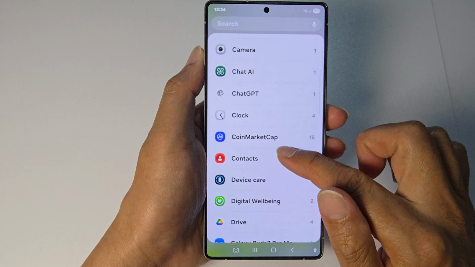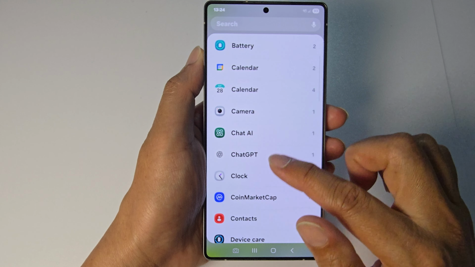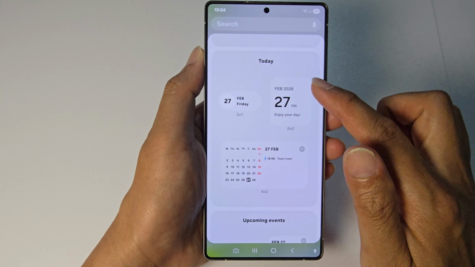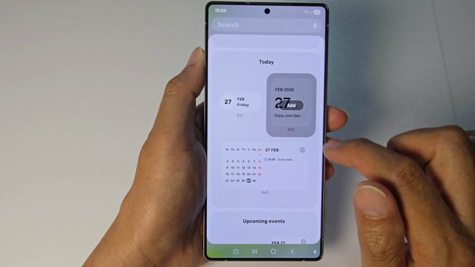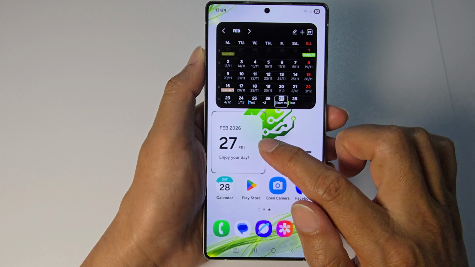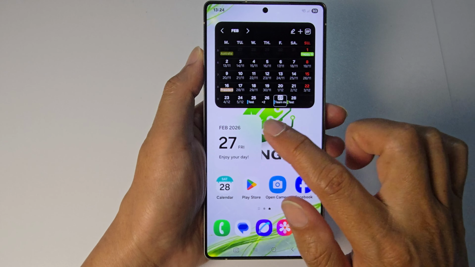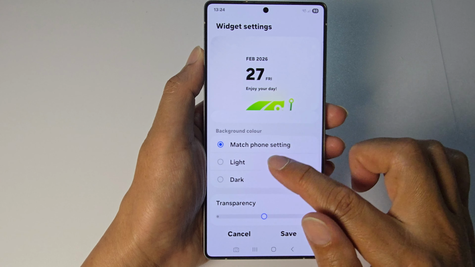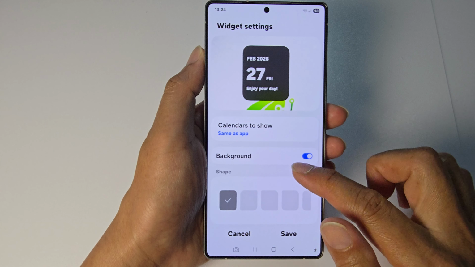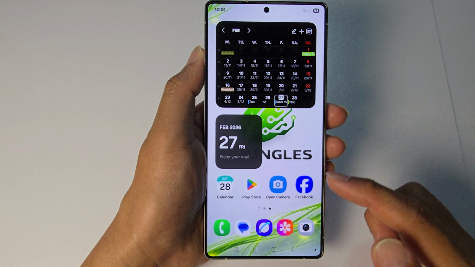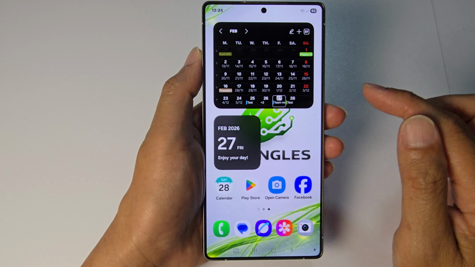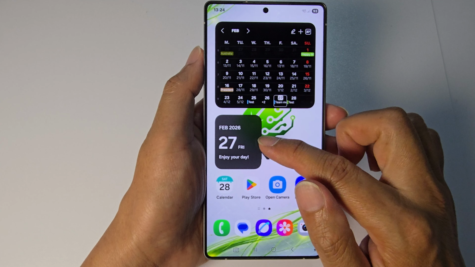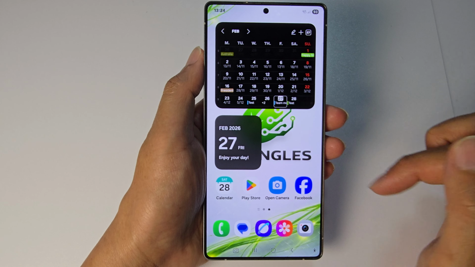Next, we've got the different widgets. The calendar, we're going to select today widget. So here I can select that and then tap on add, and that will show. So I will make it dark as well, it's just easier to see. Dark, and here we tap on save. So that's today widget. So those are the different widgets that you can choose to display on your home screen,